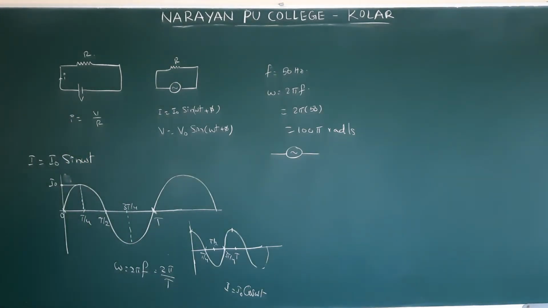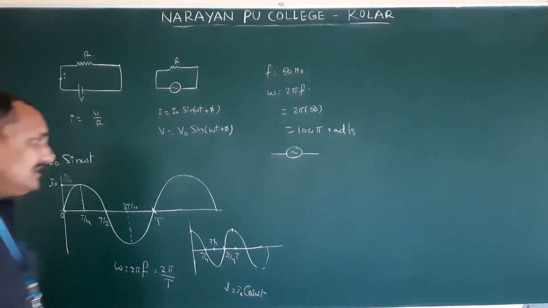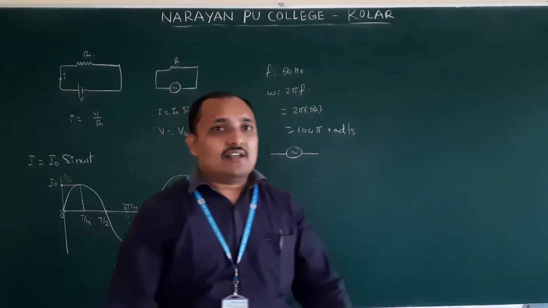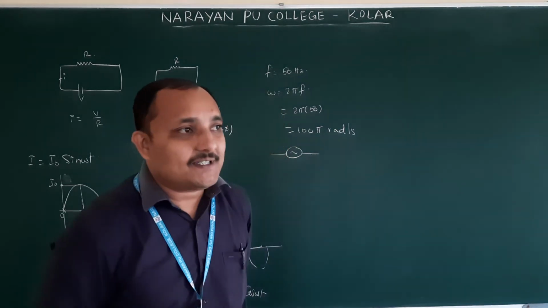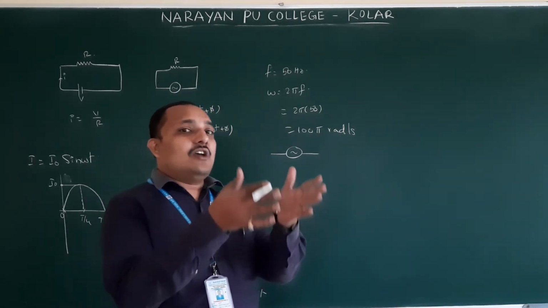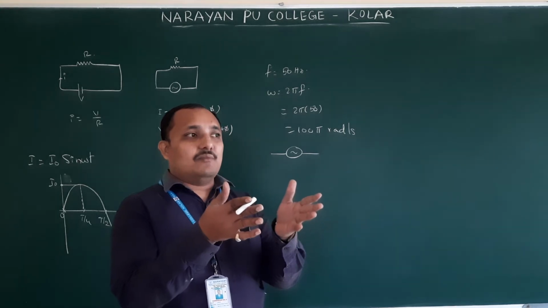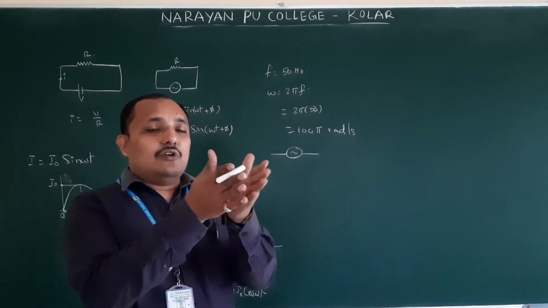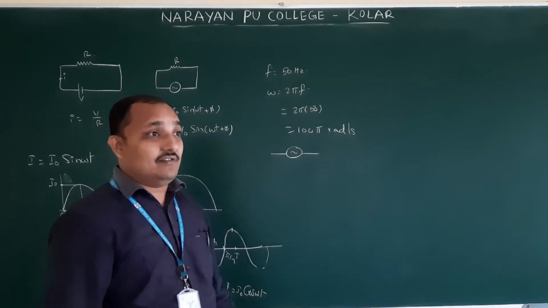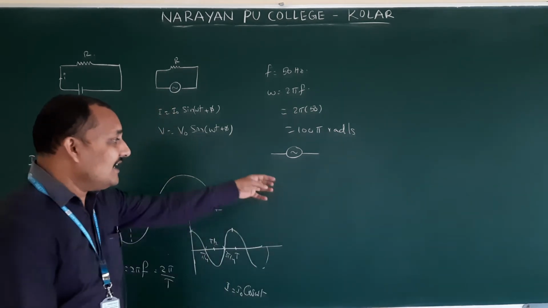In the next, they gave average, mean square and RMS value. First we will take what is average value. Generally, what do we say about average? In our class 100 students are there. 100 students' marks average means we take individually how many marks each one got, total them, and divide by 100. Then you will get the average value.